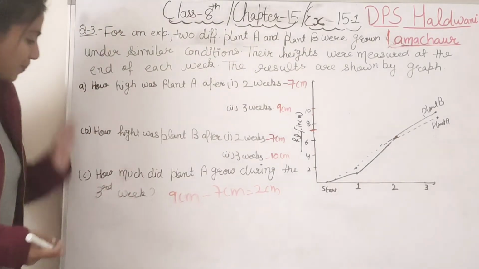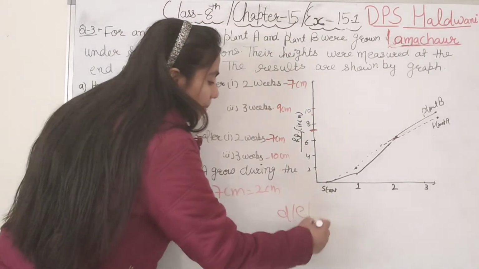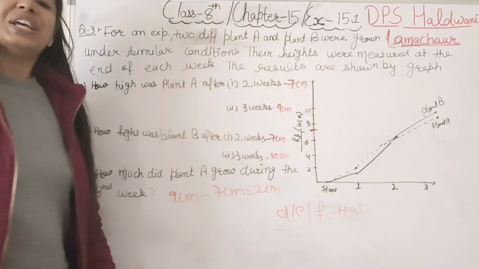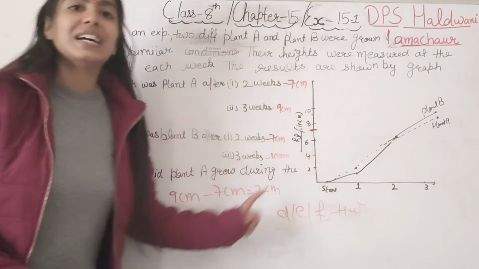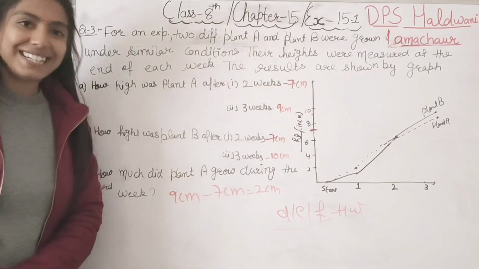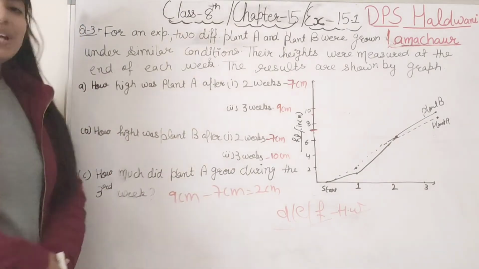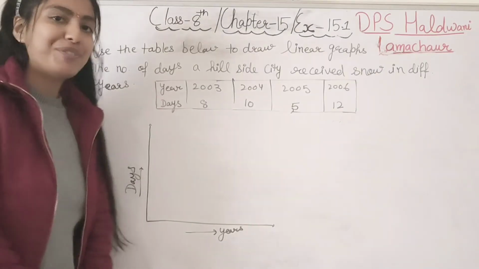Questions are very simple only. Right? So this was about 3 parts. 3 more parts are there. D, E, F part. Student, these are very interesting and very simple also. You can check from the graph, and give the answer very nicely in your notebook. Right, student? All the questions are very simple. See? So this was about our question number 3. Coming to our next question.